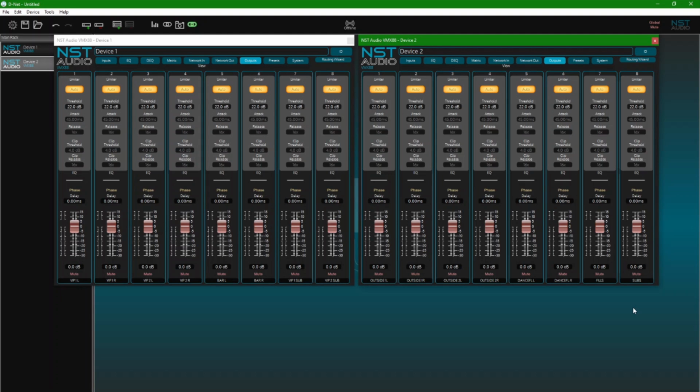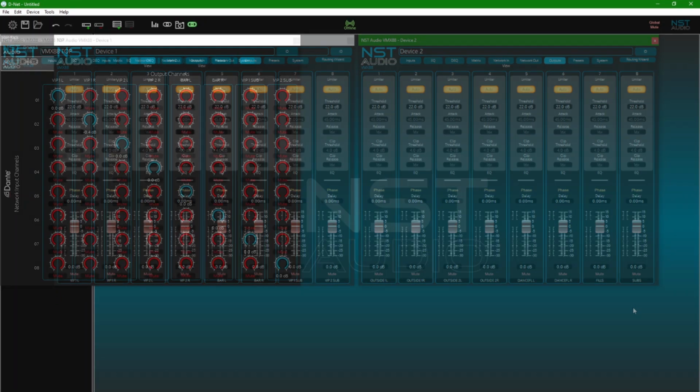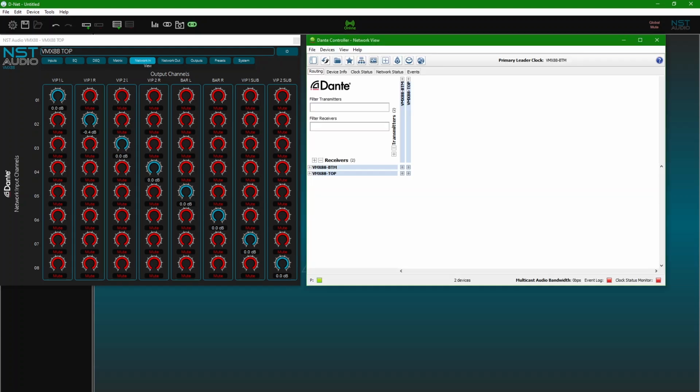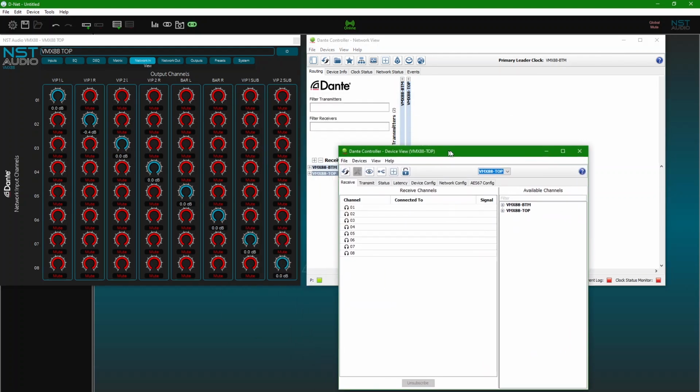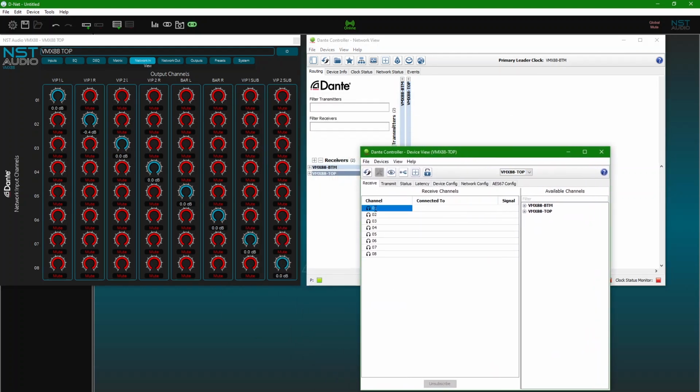Now, we will add these names to the 2 interfaces that appear in Dante Controller. Remember, that the names should now reflect the channels as they appear in Dante Controller, so the analog inputs, which are being sent to the network, are now outputs. Double-click on a unit's name in Dante Controller, then on the Receive Channels tab. The unit's network inputs can be renamed to something more friendly. These names are automatically updated in DNet as well, on the Network Matrix tab, along the left-hand side.